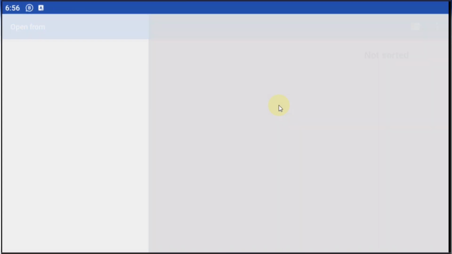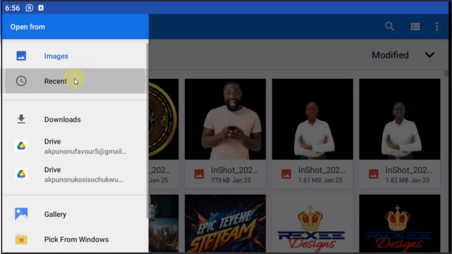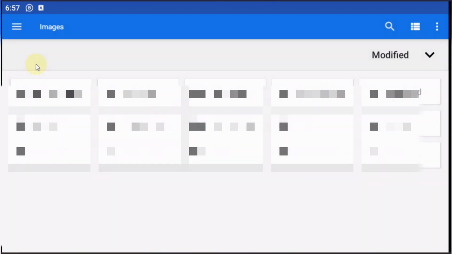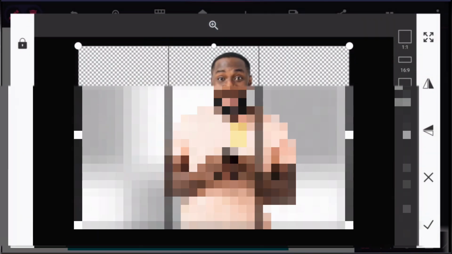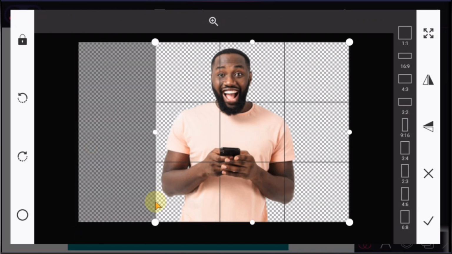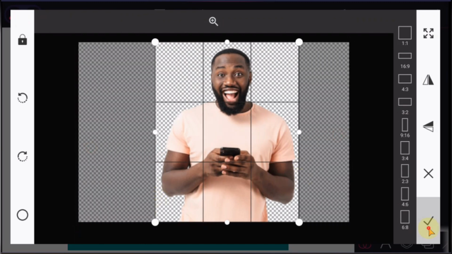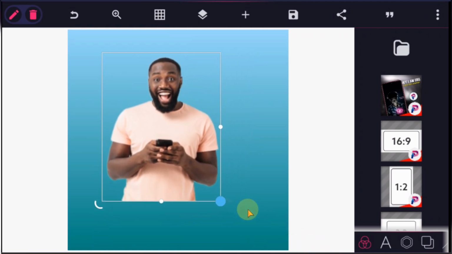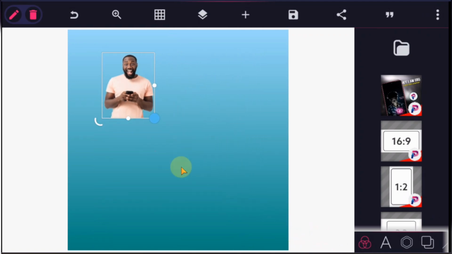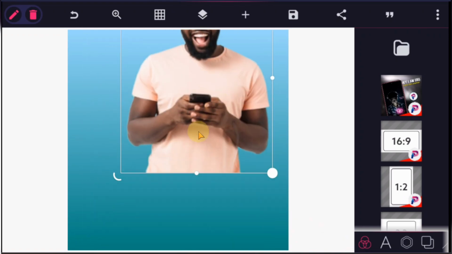So let me assume I want to use this particular image for a design. Once I select this picture, and maybe I'm confused on the type of background I'm going to use that will fit this picture,